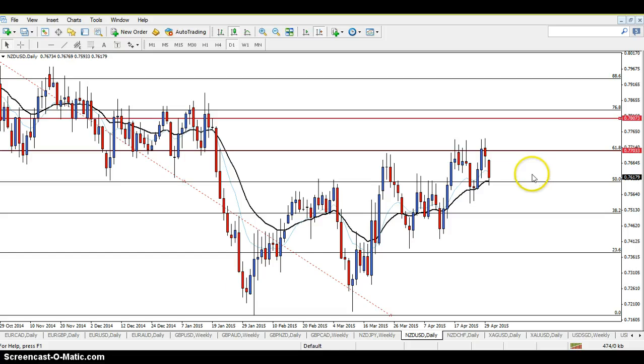But on the other hand, if we don't get that, we need to look out. We need to stay in touch with the markets and any currency pair we're trading. We need to stay informed with the news that's coming out of the Reserve Bank and any other type of news. So that's